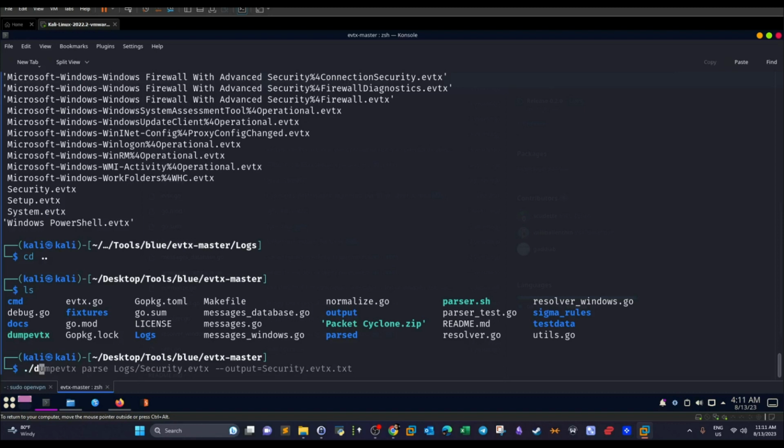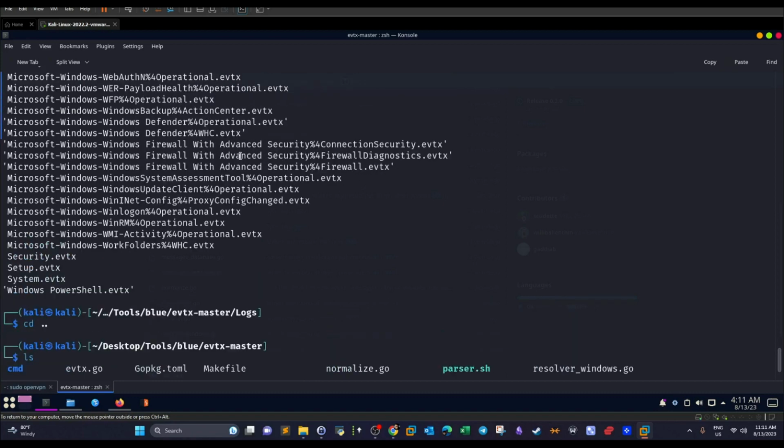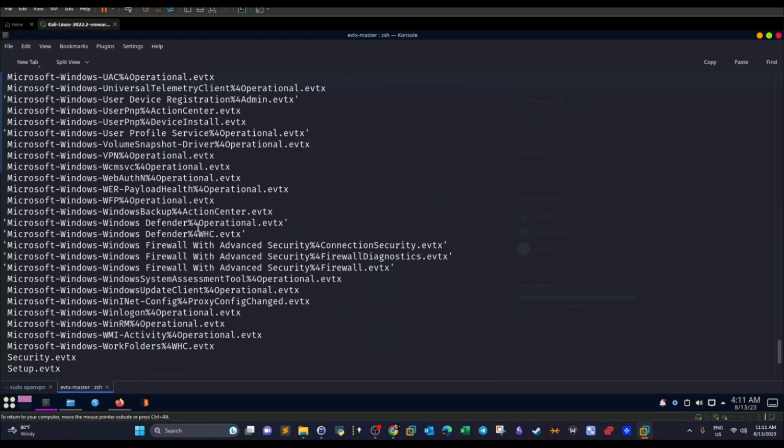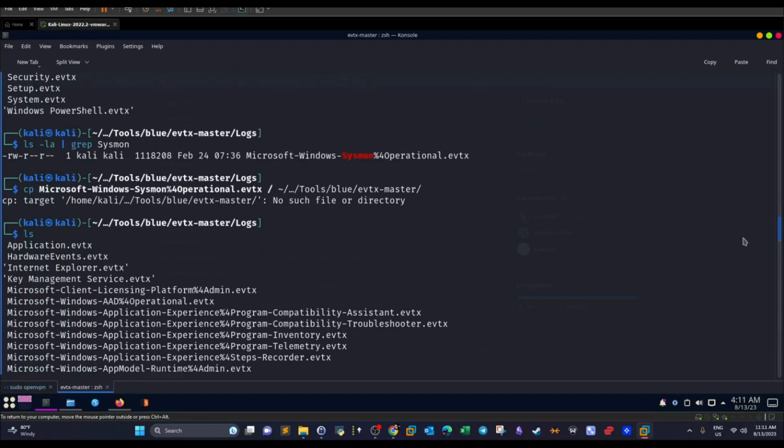So dump evtx, that's it. So parse, we're going to use the argument parse and define the directory containing the log file, logs/security.evtx. I don't want security.evtx. Basically, I want the other one, which was the Sysmon logs. No such file or directory. Oh, okay. That was the reason. Anyway, let's take this